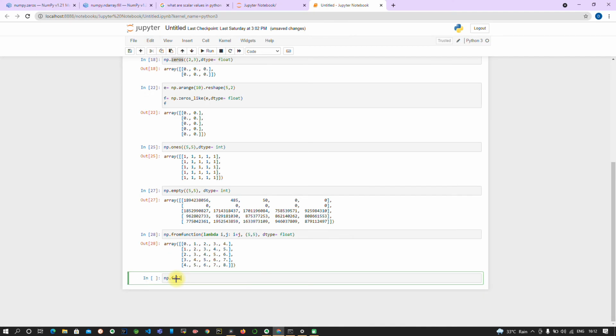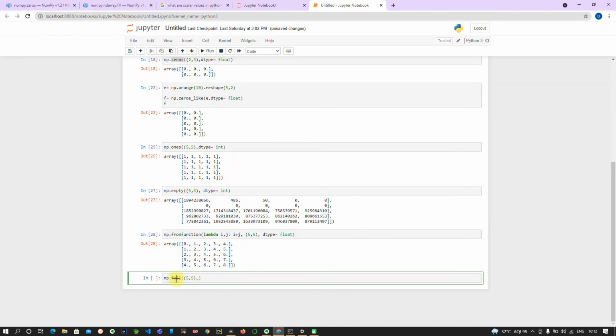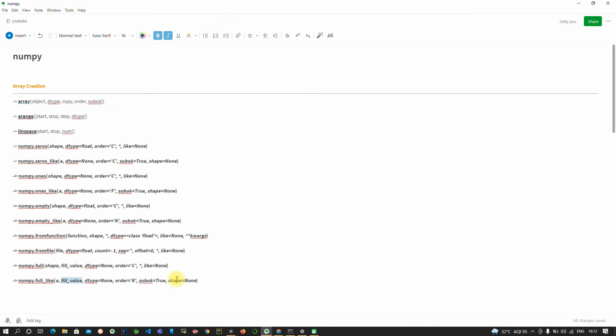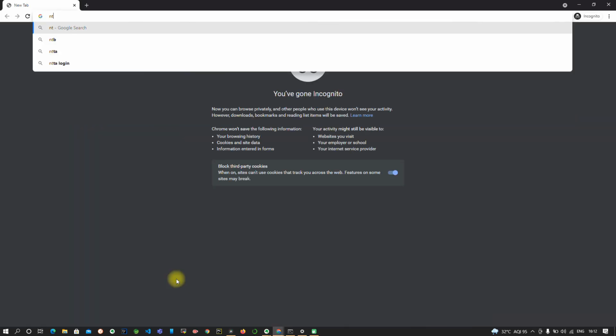We need 5 by 5, so let's enclose another parenthesis. What are the other parameters? Fill value. Suppose I want the fill value to be 10. And data type.